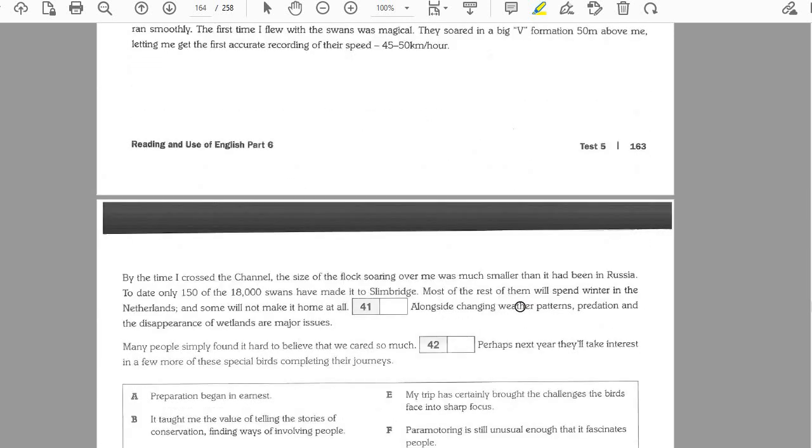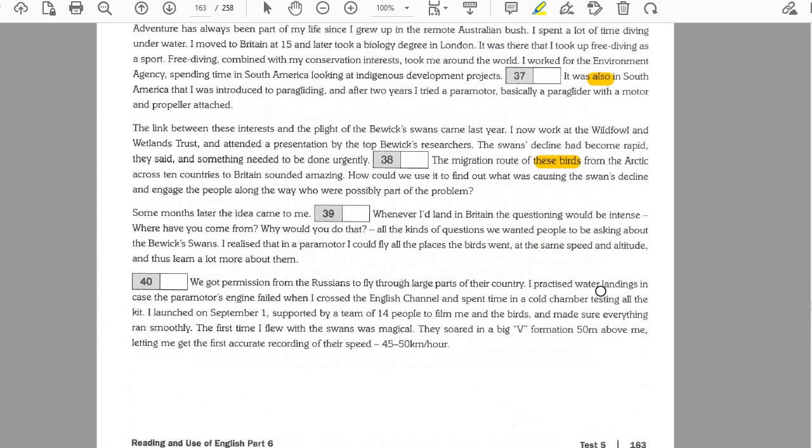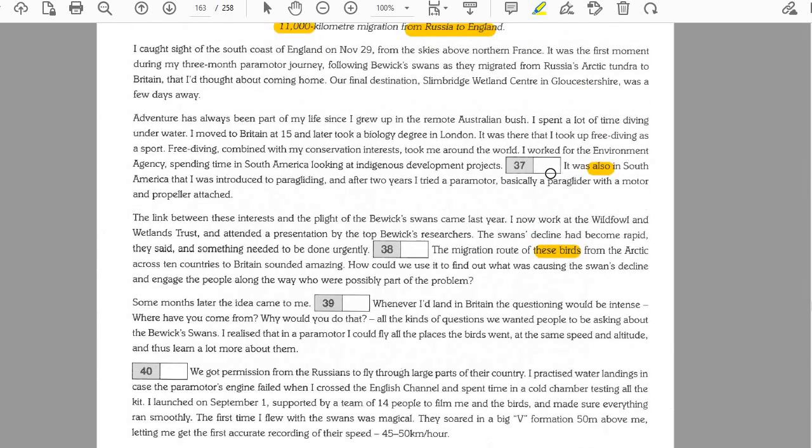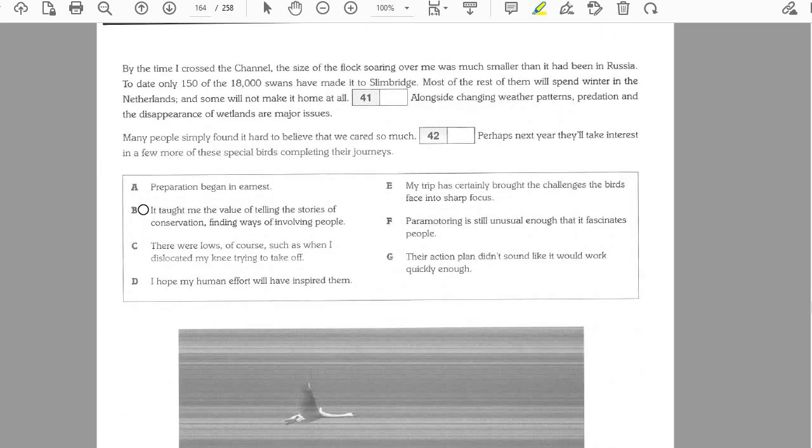Let's see if we have, well, the connectors. An example would be "also", which means you are adding something. So you should do this: try to predict for each of the gaps what's missing, potential evidence, and then you start reading. Example, gap A: "preparation began in earnest." So preparation for what? So something was decided, and then after you decided to do it, you started preparing, perhaps.